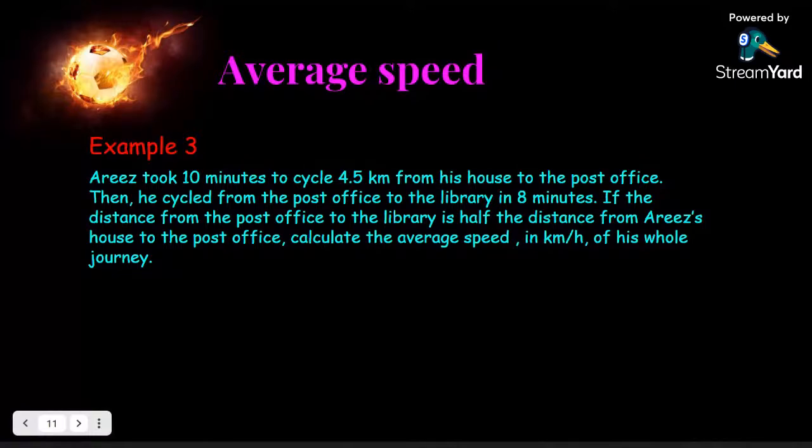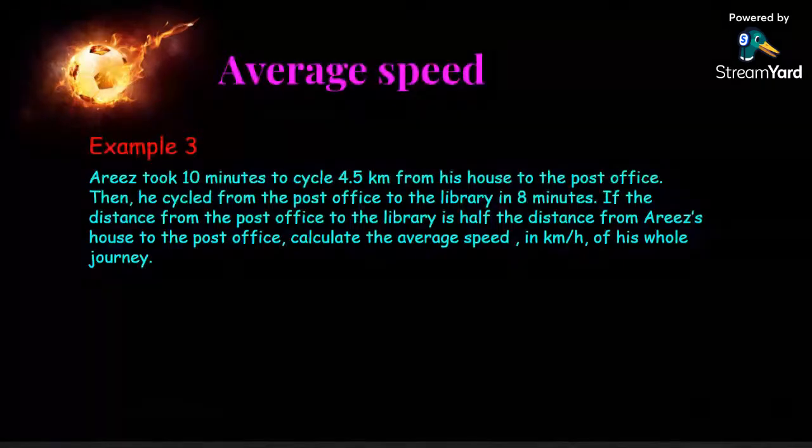Okay, then he cycled from the post office to the library in 8 minutes. Now, okay, he cycled from post office to the library. Time taken dia 8 minutes. Okay. Alright, if the distance from the post office to the library is the half the distance from Aris's house to the post office, calculate the average speed in kilometer per hour of his whole journey. Okay, so